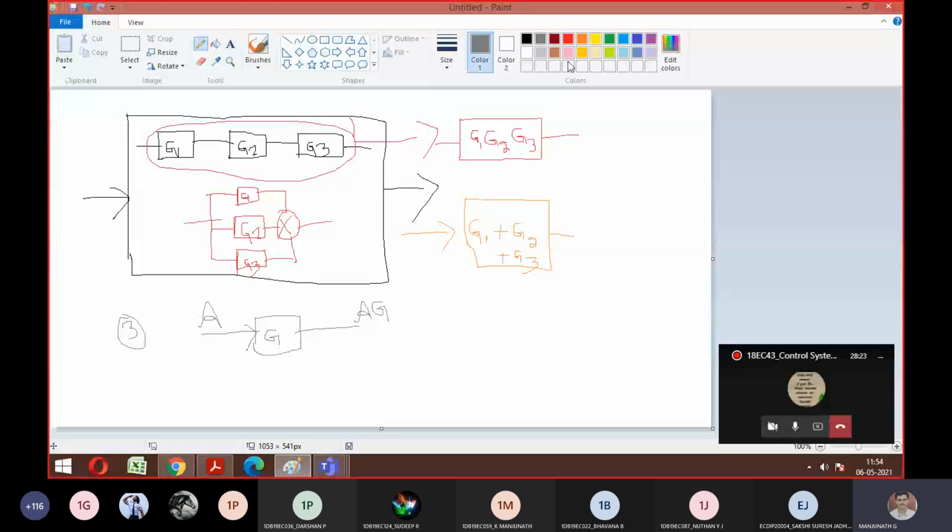Right? So now what has it made? It has made your A and G separate. See, A is one input, that is one block. G is one more block. If both are in series, then only you can write it as AG. Do you agree with the point I told? Yes, sir. Okay, so now assume that there is some point in between these two. Then I can't write this as AG. Agree?